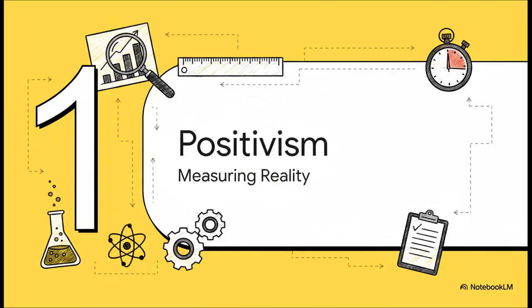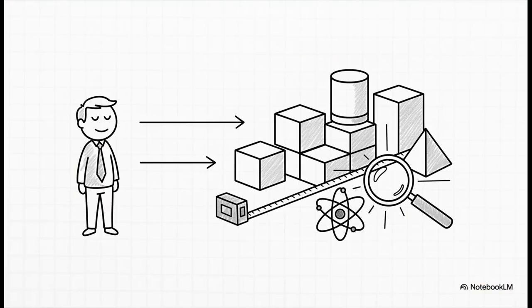Okay, let's dive into this with Section 1, Positivism, Measuring Objective Reality. Let's look at our first and arguably the most traditional scientific lens. For a positivist, the world is highly structured and incredibly logical. Positivism basically operates on the belief that reality is absolutely objective, it's measurable, and it exists completely independently of human perception. Like, if you close your eyes, the universe doesn't change, right? For these researchers, facts are facts. They're absolute. The whole goal here is to establish very clear cause and effect relationships and produce generalizable results that apply everywhere, all the time.